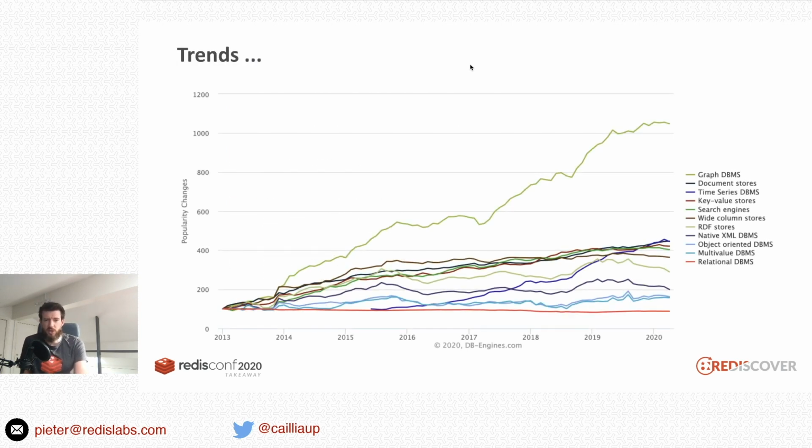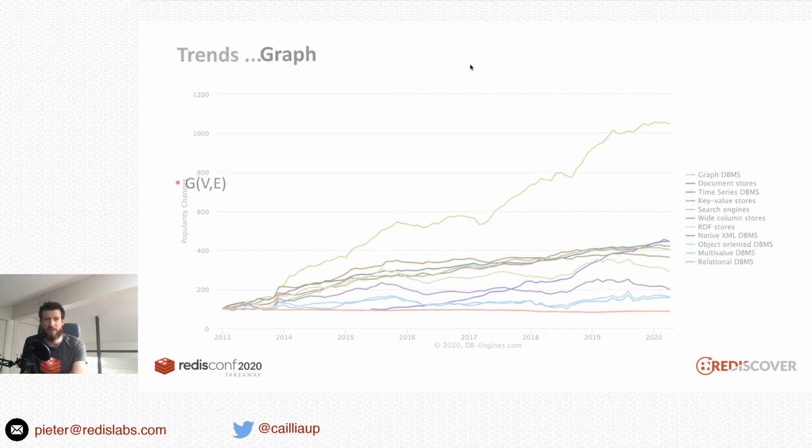First, I want to show you this chart. This chart is taken from dbengines.com, and it effectively tracks the popularity changes across database management systems. Since 2013 till now, we can see that graph database management systems are clearly going through the roof. So if that is not enough of a teaser to get you to look into RedisGraph, I'll tell you what a